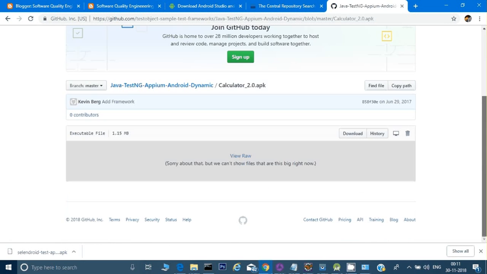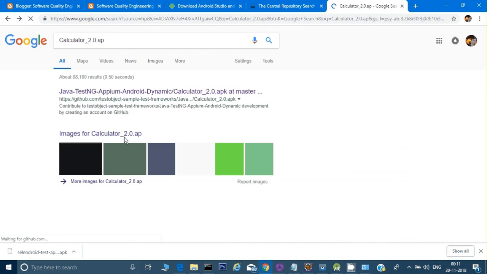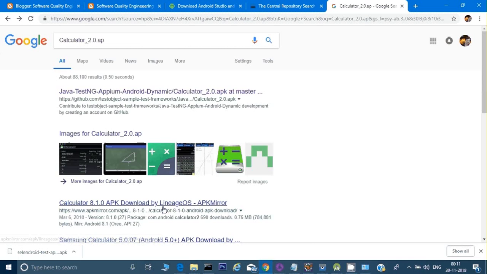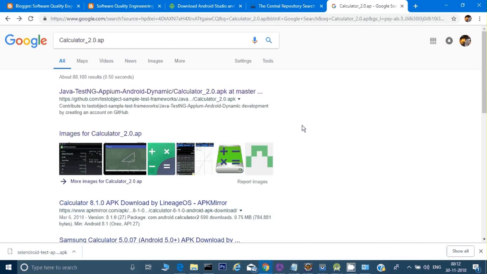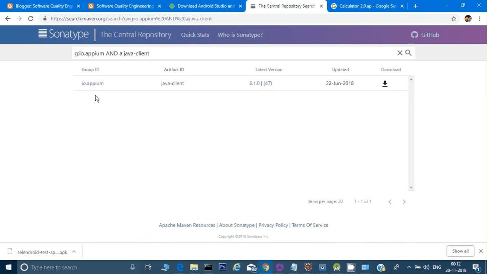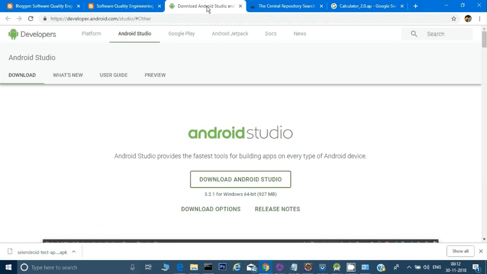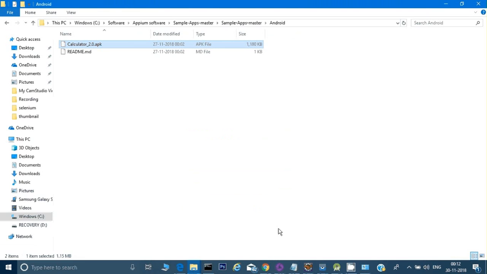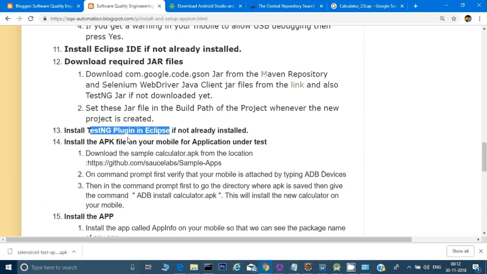So there are many APKs given. You can see here calculator 8.1.0 Samsung calculator. So there are many sample calculator APKs given which you can download also. But for now we will use this Cell Android one. And later on, if we have to use a calculator or some other APK, we will download then and there. So this is just to get a start so that we can start our automation scripts. So as soon as this APK gets downloaded, not installed, what you have to do, you can